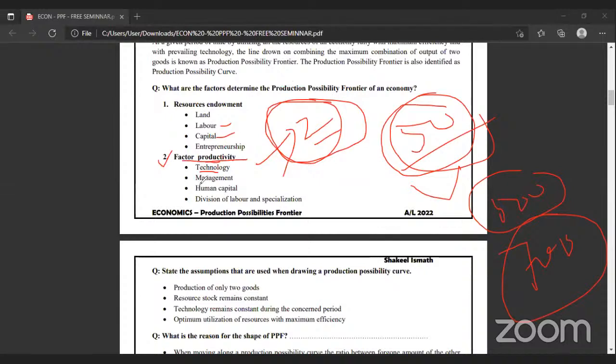And also the management style. Say, for example, we didn't divide the labor. New management comes and divides the labor tasks, division of labor. New management styles will change the production. That will increase the productivity of the employees. Human capital, that means human capital means...